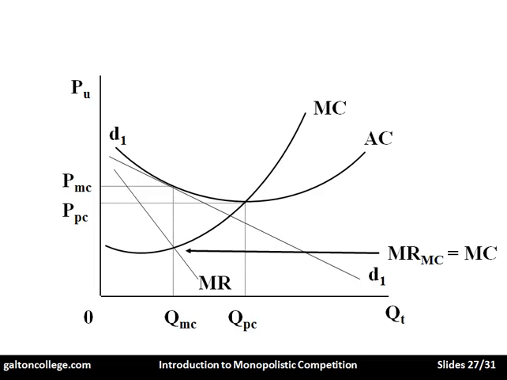So the marginal revenue under monopolistic competition is equal to the marginal cost. That's the point that's indicated with the arrow here. And if we take that up and take it down, it determines the quantity under monopolistic competition and the price under monopolistic competition. And under perfect competition, the marginal revenue is equal to the marginal cost, and that's the minimum point of the average cost curve, as we said earlier.